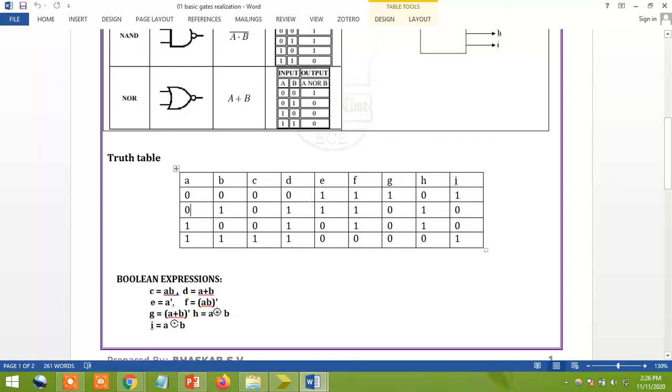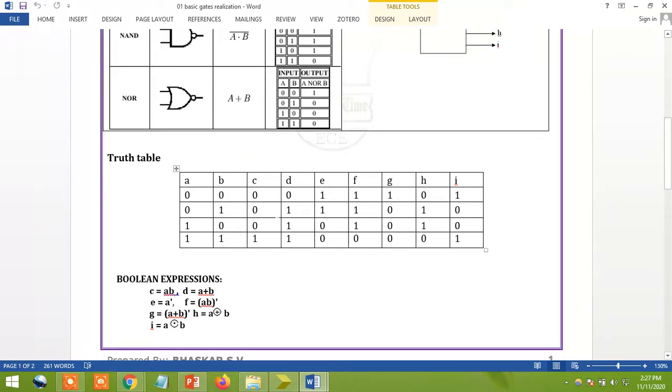So F is exactly the opposite of AND. I'll get three 1s and a 0, and similarly for the NOR gate, 1 and three 0s. Later we look at the XOR gate, and next the XNOR gate. These are all the outputs. You already know that realization.